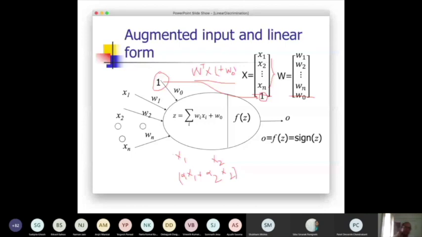That is why it won't be linear if I have this constant term, because you can prove it. This is W1 transpose X1 plus W naught, and this is W2 transpose X2 plus W naught, and if I add them, W naught will be added twice, right? And if I consider X1 plus X2, then it will be W transpose (X1 plus X2) plus W naught only. So they are not the same.